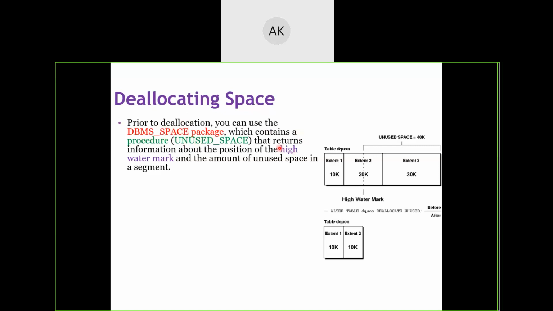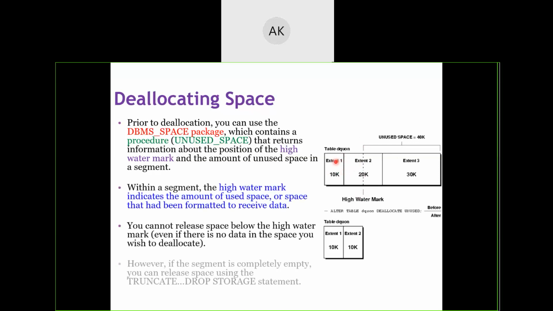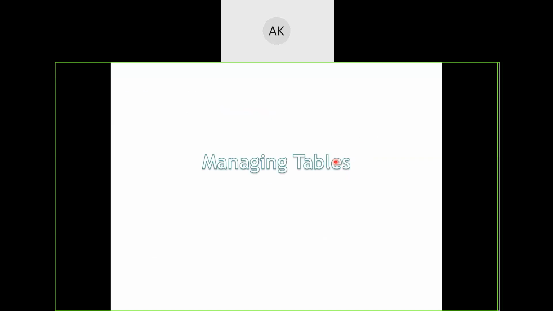Internally it uses a pointer called the high watermark, which points to what extent the memory was used by our data. Those were the things we discussed for managing schema objects.